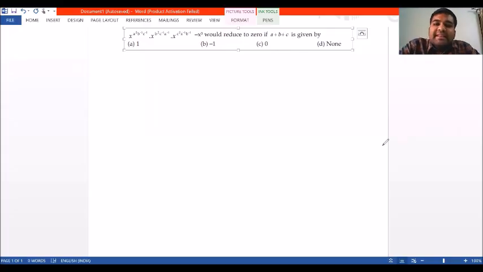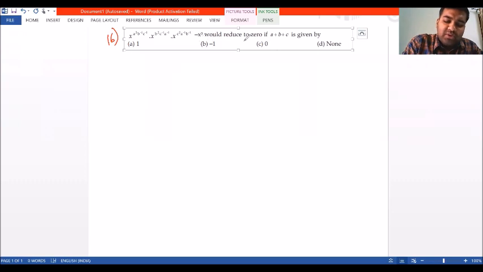So today we'll see a problem on indices. I've taken an example from ICA additional questions, additional question number 16. The question is x to the power of a square, b to the power of minus 1, c to the power of minus 1, into x to the power of b square, c to the power of minus 1, a to the power of minus 1, and so on.